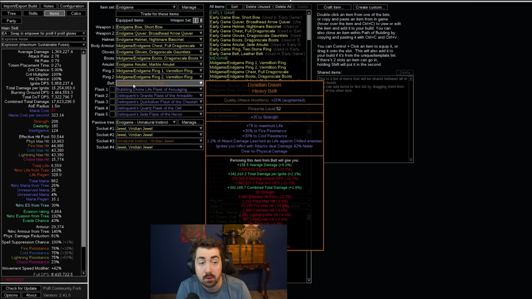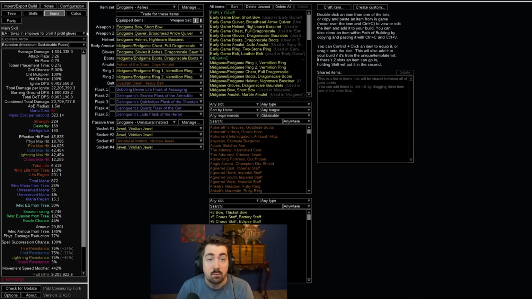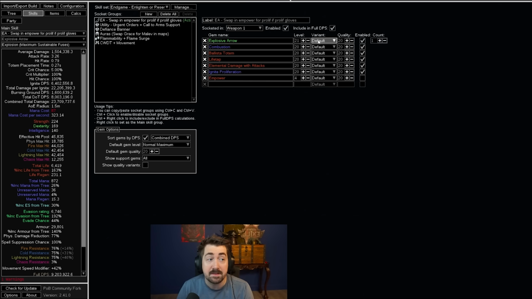Now, the most important thing for this build, usually not used by a lot of other builds, so the price usually does stabilize and not go insane, is Diadem Dawn, which is literally 42% more damage for this build once you have the quality on it, and you can use either attack or elemental quality on this. Another good alternative for this build is Ashes of the Stars. With an Ashes, the build can go up to 25 fuses,